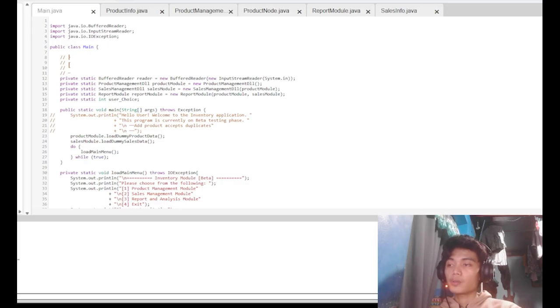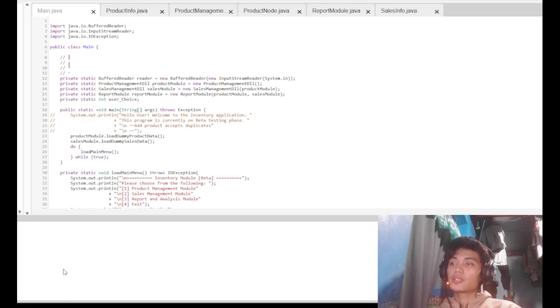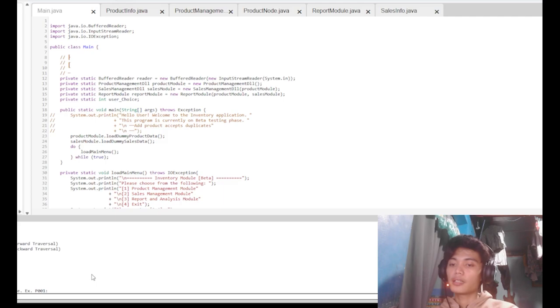So we are going to sales management to record a sale. As you can see, I've already loaded my dummy existing data, so I can still record a sale. I want to sell a correction tape, with the quantity sold and the month recorded, for example May 16.